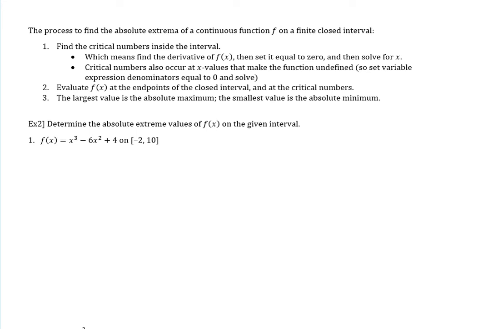Okay, so it says determine the absolute extreme values of f of x on the given interval. So we see that interval. I usually like to find the critical numbers first, so I'm going to label that as step 1. Let's find the derivative, our f prime of x. The power rule tells us 3x squared minus 12x, and the derivative of 4 is 0, so